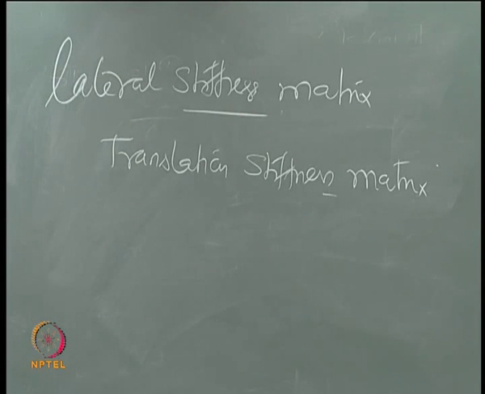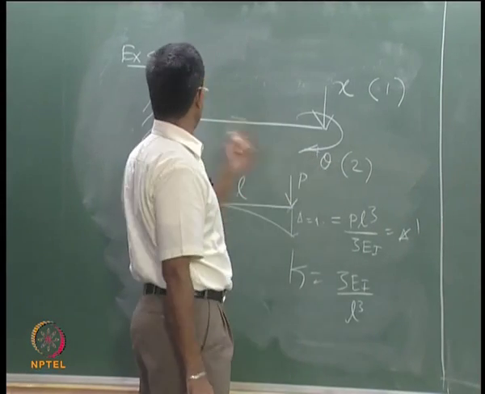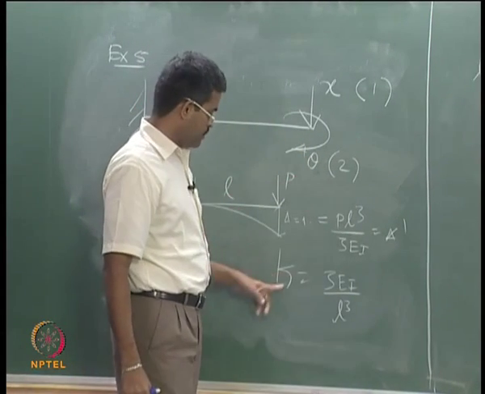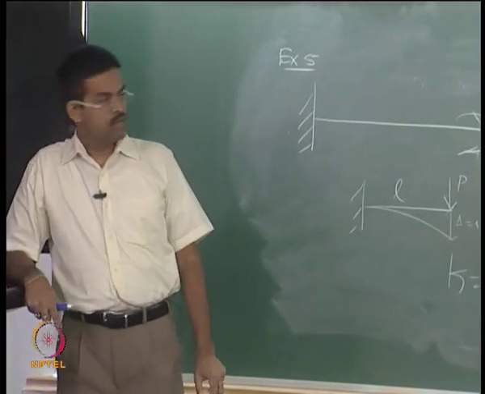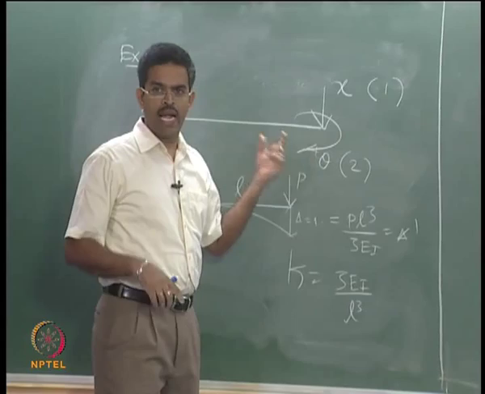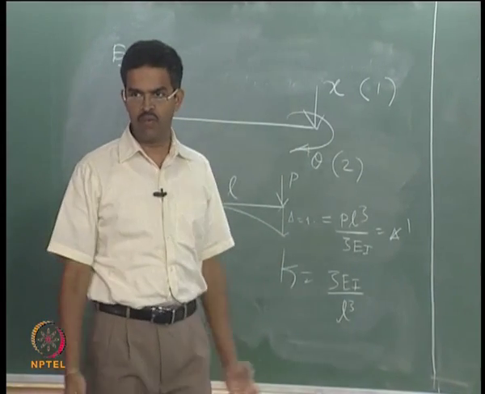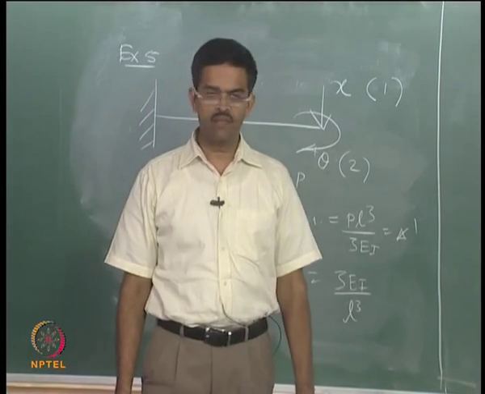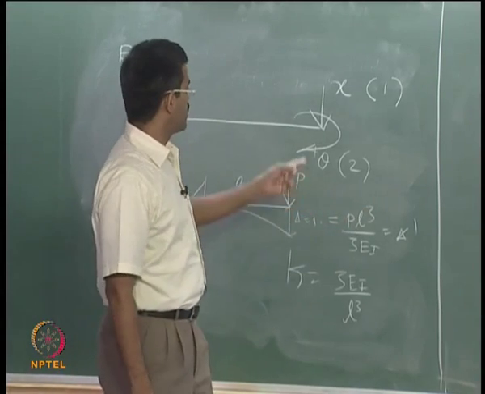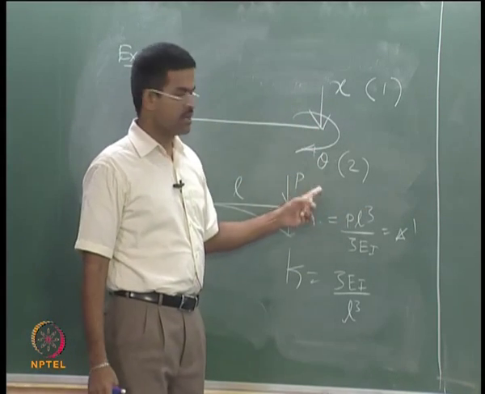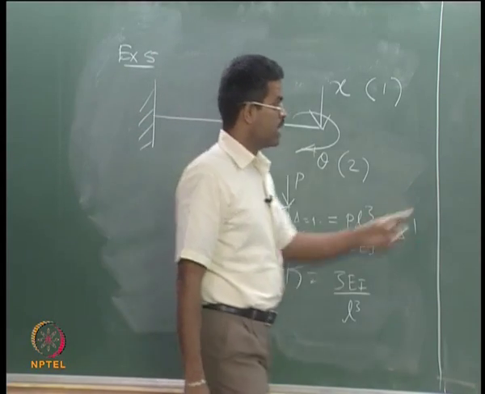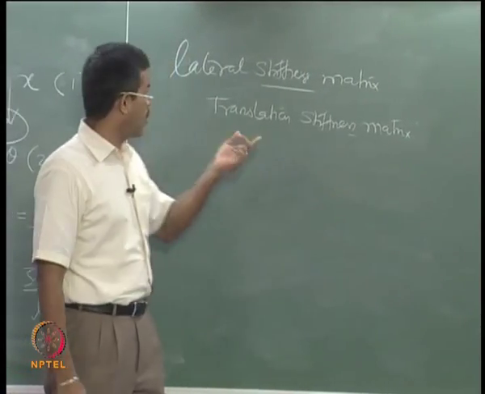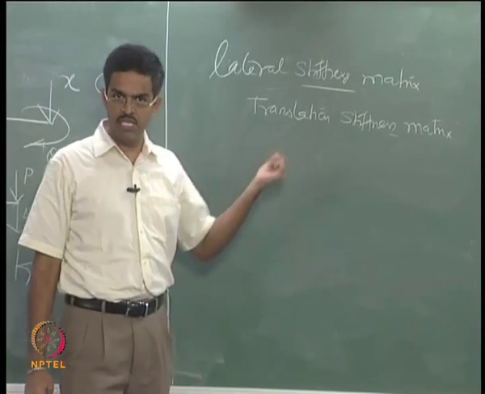I think you are getting the gravity of this question. As long as theta is not a degree of freedom indicated in the problem, your stiffness would have been simply 3EI by L cubed, is that right? If theta is given, how do you handle it to get the stiffness? Confusion, we have no idea, okay. So we are going to do that. I have deliberately taken 2 degrees of freedom, creating a confusion, to get K, and I call that K the translational stiffness matrix or lateral stiffness matrix. There is a reason for this.